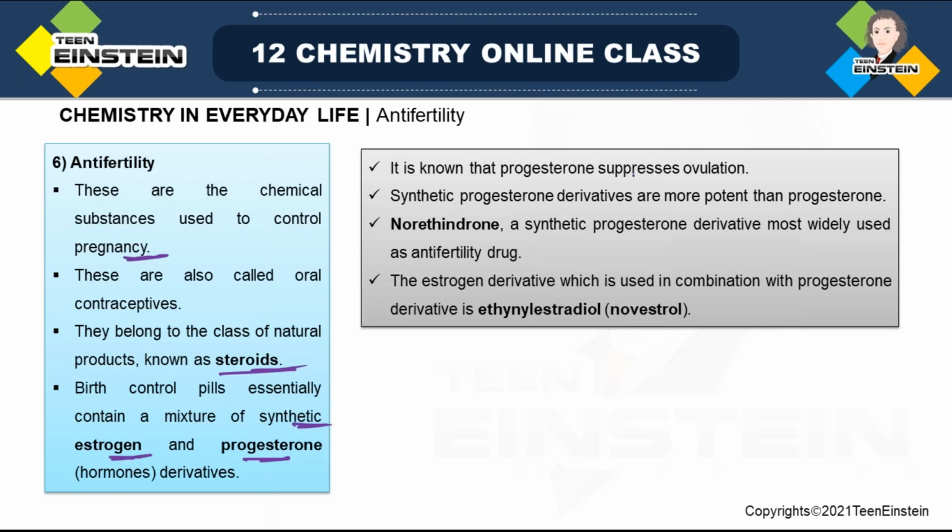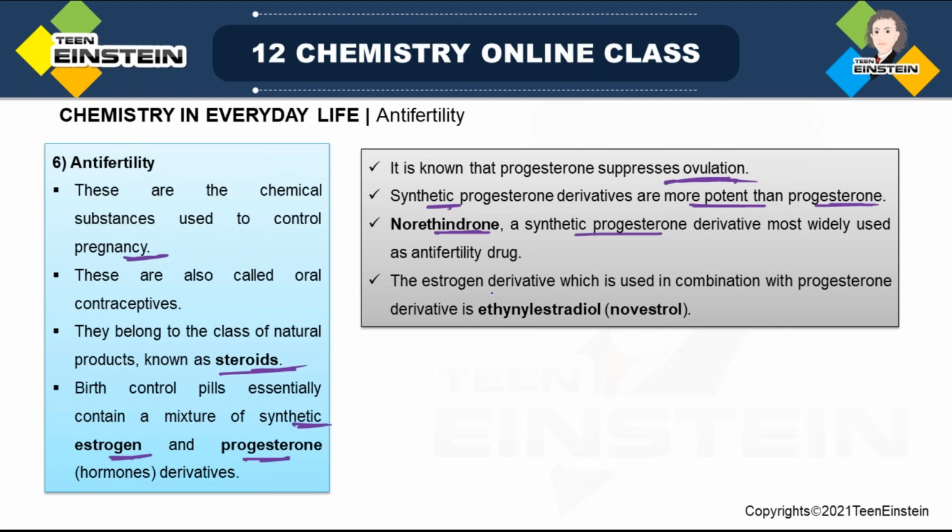Progesterone, if you consider, its role is to suppress the ovulation process. Now, when it is synthetic progesterone, they are actually more potent than progesterone. So that is the reason why we are making some modification. This is the example norethindrone, which is basically a synthetic progesterone derivative, that is the most widely used antifertility drug